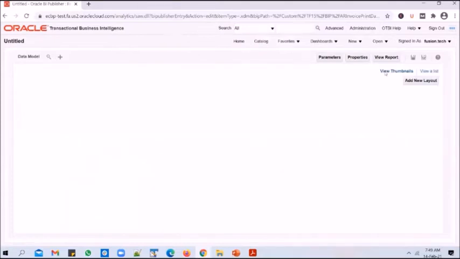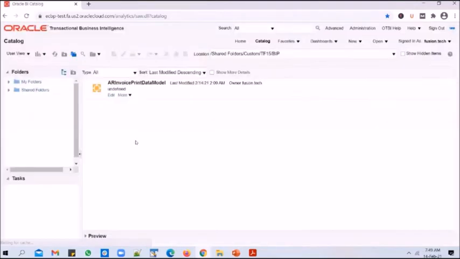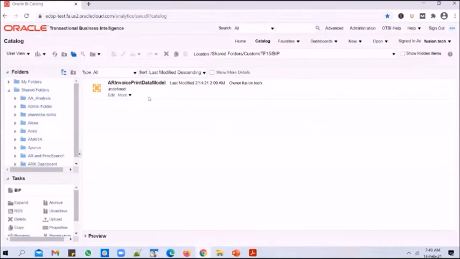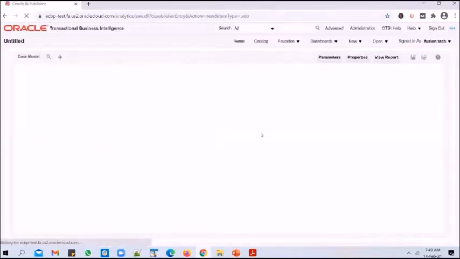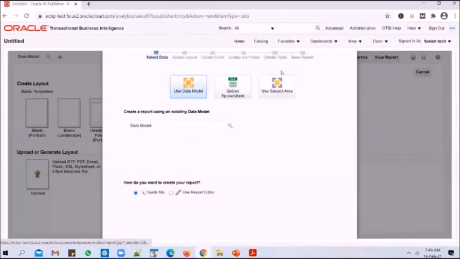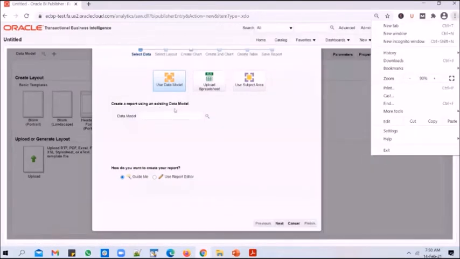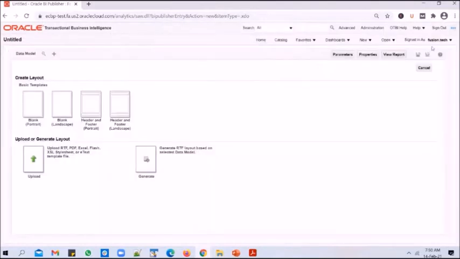So we have come to this screen by clicking on Create Report from Data Model, right? Another way to create a report is, you can do it by going through the data model, or you can also do it from the main navigation option. So you click on the main navigation option, and under Published Reporting, you see a report there. Click on it. And that will also bring you back into the same screen. But this time there is a difference. Earlier we have seen a data model, but now we don't have a data model. So you cancel it. Yes.